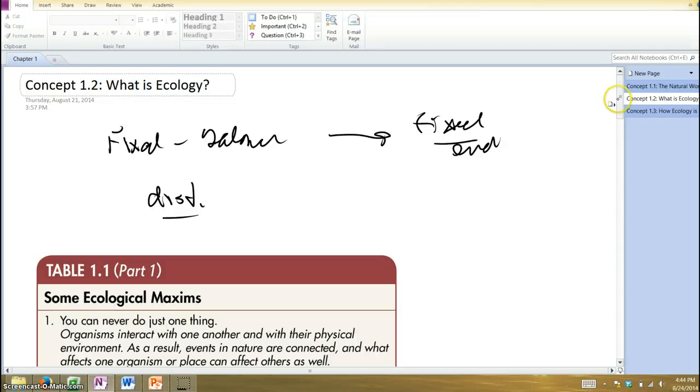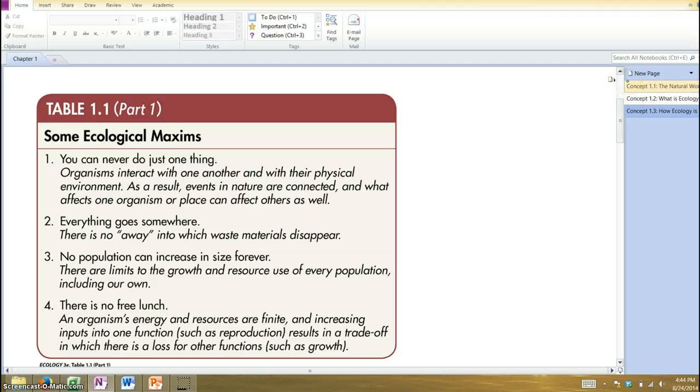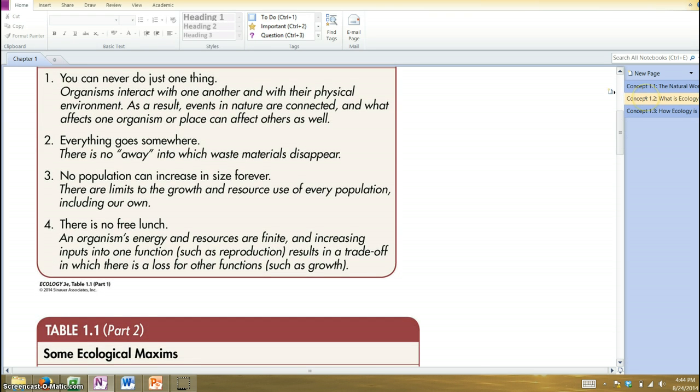Okay, and so the book points out what it calls these ecological maxims, these principles of ecology. And as we've sort of been alluding to, you can never do just one thing. If you cause a change in the system, it's not just going to affect one part of that system or one thing. It'll tend to affect many parts of that system. And there really is, as we say, no away. Things just don't go away. In an environmental science sense, when your trash leaves your house, it's not gone, it just goes somewhere else. And it's the same in natural systems.